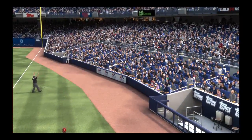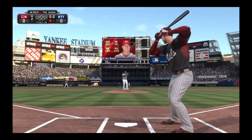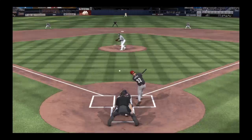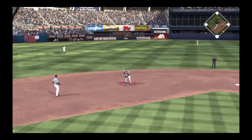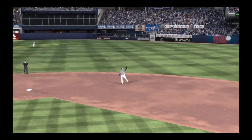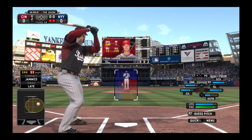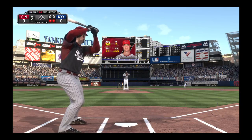And this ball's heading for the seats down the right side as the count moves to 0-2 now. Pitch runs in a little here as this is softly hit out toward short. Throw on to Teixeira, 2 down. Ryan Ludwig will stand in here, looking to keep the inning alive with 2 gone now in the top of